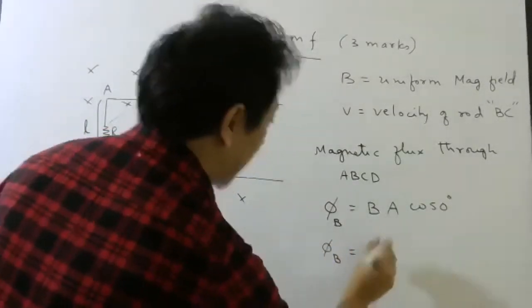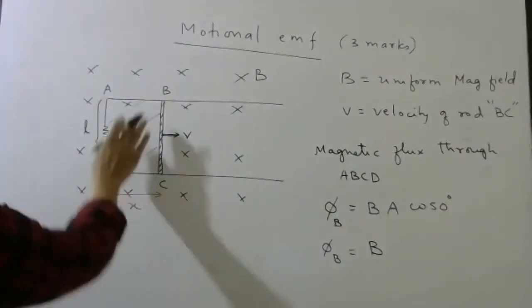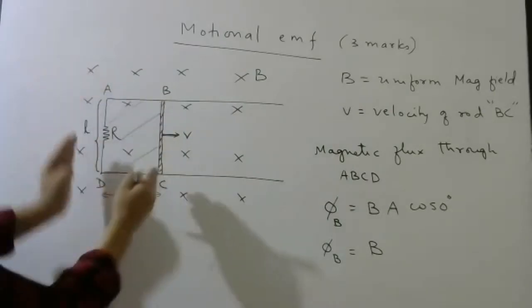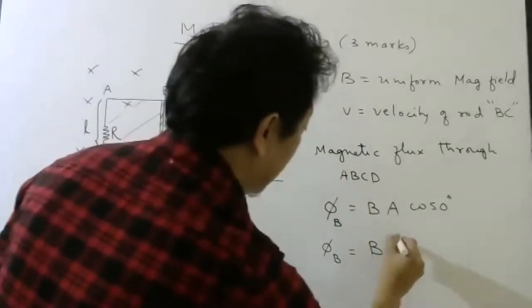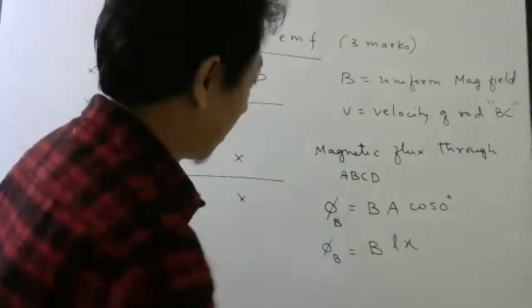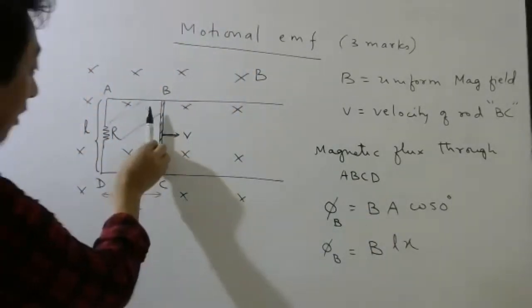Now what is this area? When the rod is here, what is this area? Quickly tell me from the diagram. This is the length, this is your breadth. So it will be L into X. L into X. Correct? Cos 0 is 1. Now, as the rod will move,